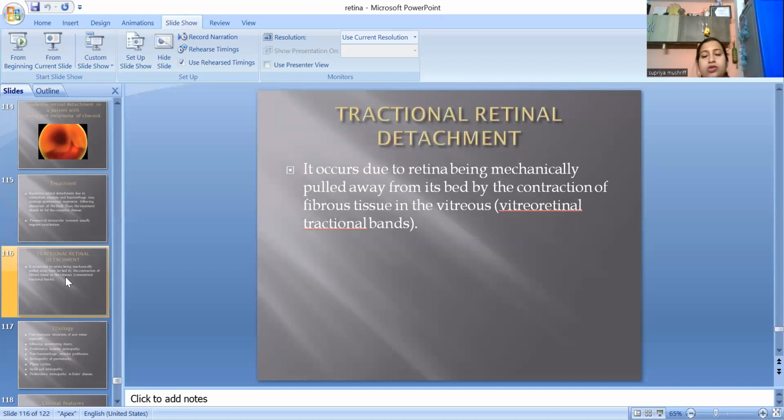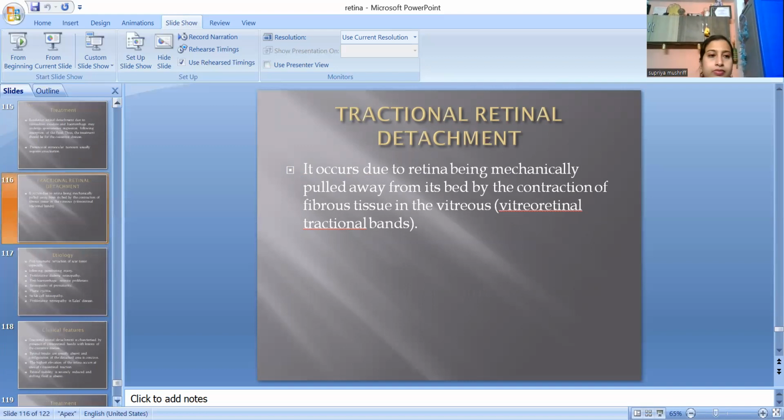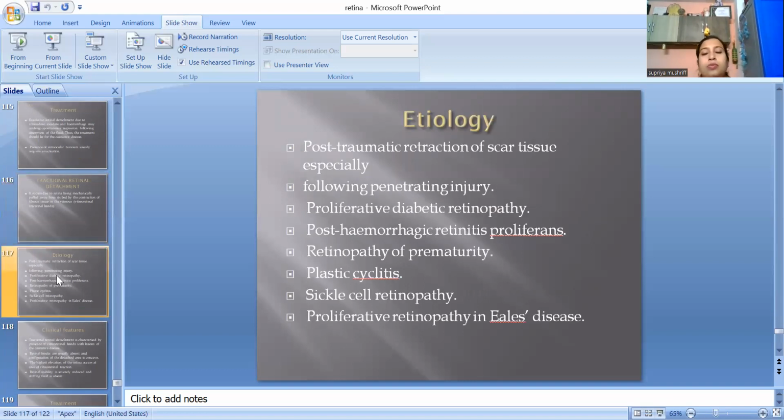Tractional RD. It occurs due to the retina being mechanically pulled away from its bed by contraction of the fibrous tissue in the vitreous, that is vitreoretinal tractional bands. This is the third and last type of RD. Now, the etiology of tractional RD includes post-traumatic retraction of scar tissue like penetrating trauma, and proliferative